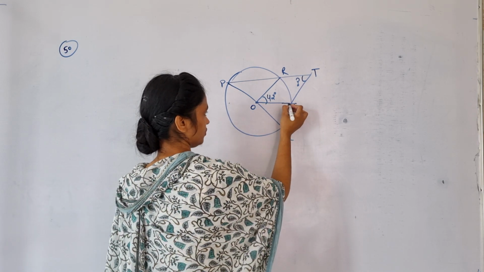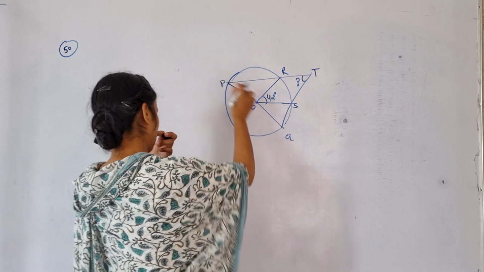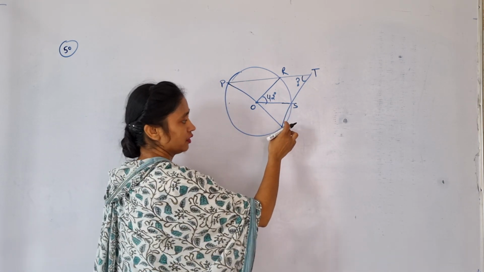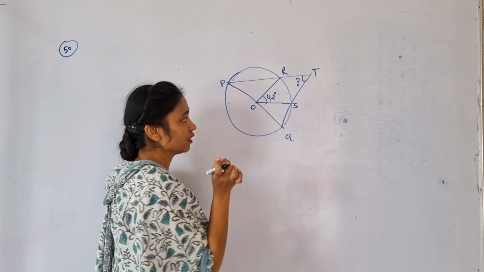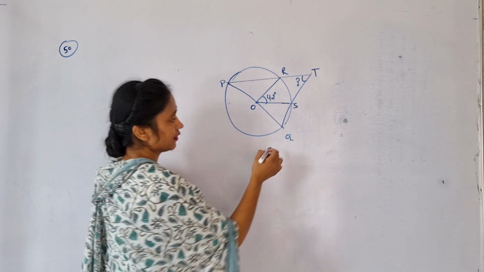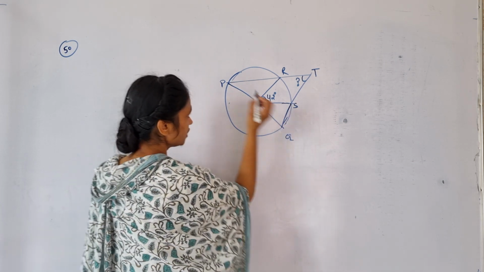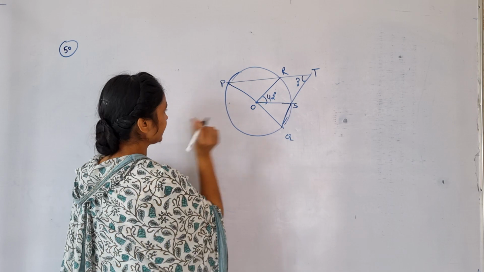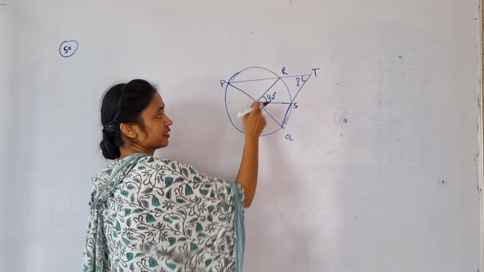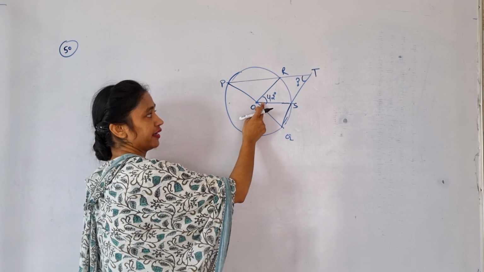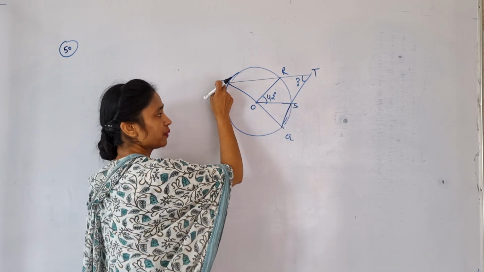Okay, if this is the diameter, P and Q are the end points of the diameter. Okay, the angle formed at the circumference of the circle from P and Q will be how much? 90 degree. Okay, here you have this line, to have that 90 degree angle. And second, look, if you want to use that angle at the center is double the angle at the circumference, then also you will have to join P and S.